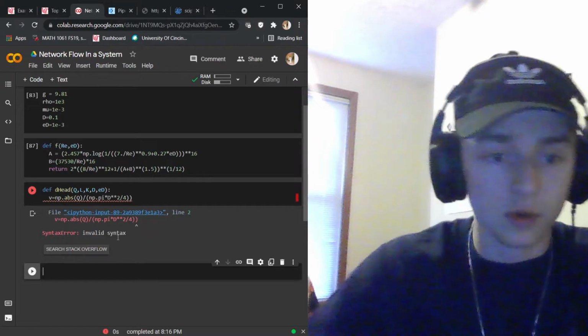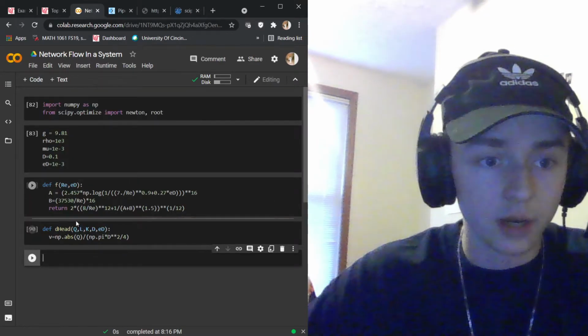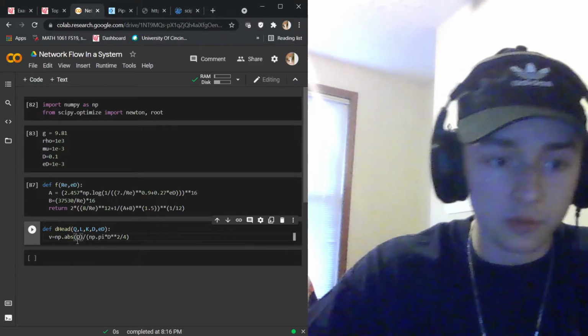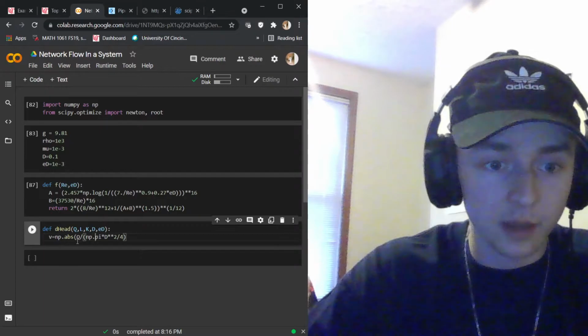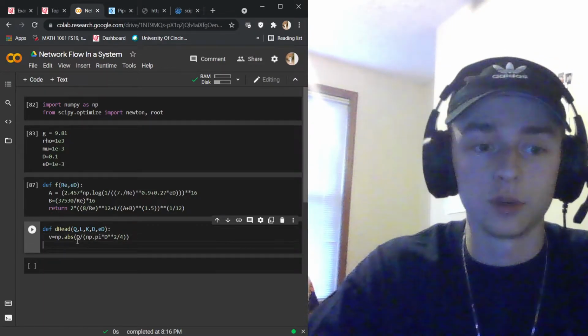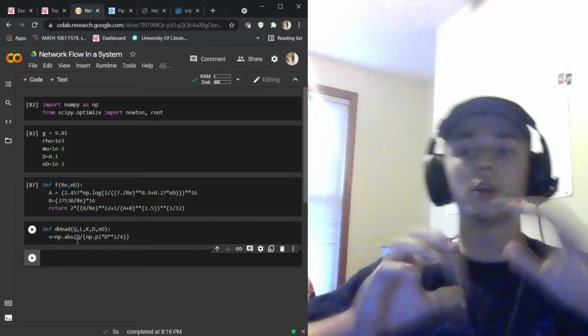It should be okay. Do I have too many parentheses? I do have too many parentheses. Oh, wait, I take that back. Hold on. It's supposed to be this entire quantity is the absolute value, because that way we don't have a negative velocity. We just have a constant, regardless of if it's flowing down or up, we know the velocity of the fluid